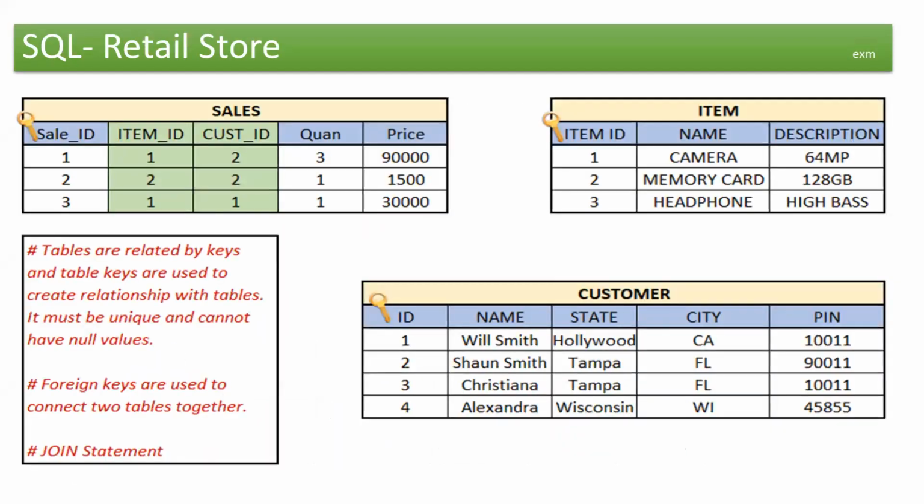I'm taking an example of a retail store here for your convenience. On the left-hand side, I have a box called sales, on the right side item, and right next to it at the bottom, I have a customer box. I hope you're able to see this golden key for all the item ID. Yes. Okay. This is called PK, or primary key.